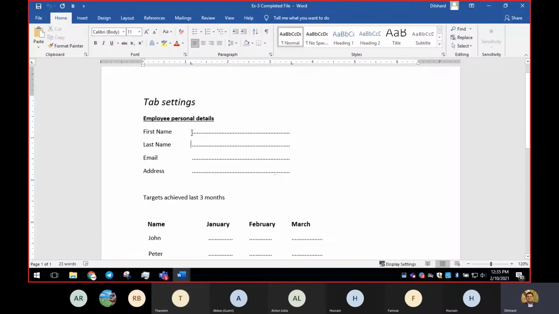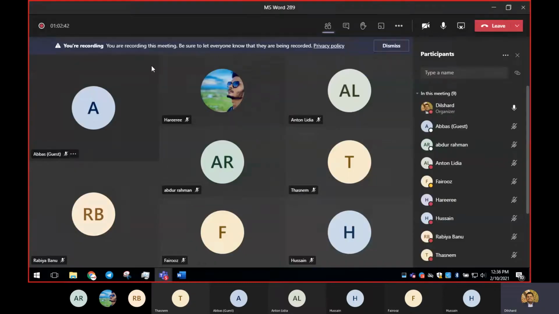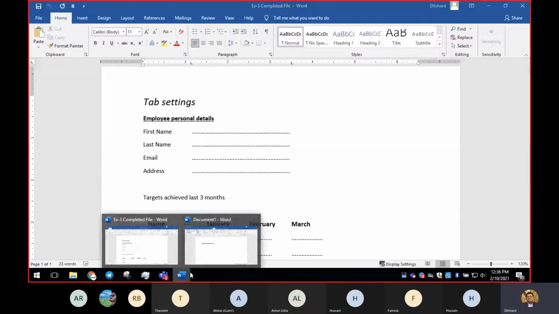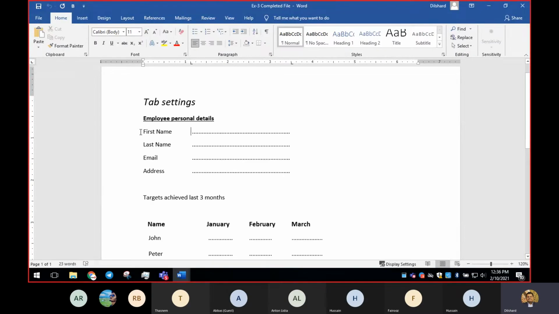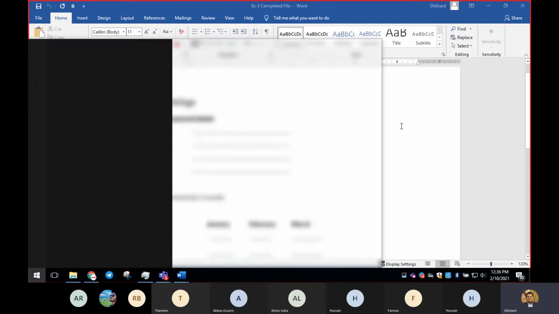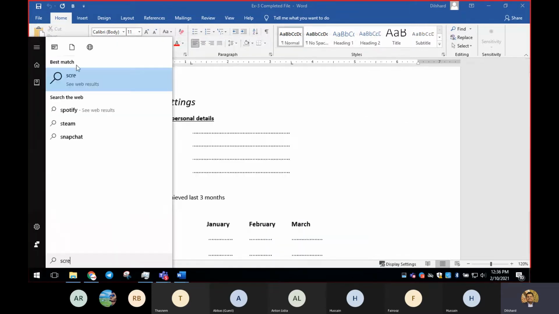Right. So here you can see, according to this exercise, we're going to have only two tabs. No need for three, right? Because for the first one we have the default alignment, and we don't need to make it separately. That is available automatically. So we'll open a blank document. Okay, now we have this title, and we're going to type first name and these dots, and we're going to keep pressing the same Tab key. Tab is the key that we have to use when editing tab settings. Right? Let me show you that, which we call tabs.